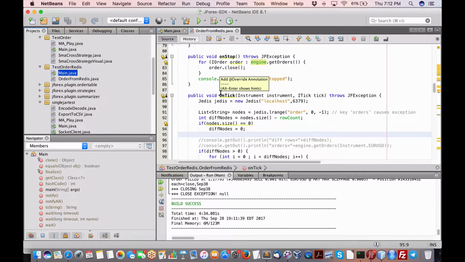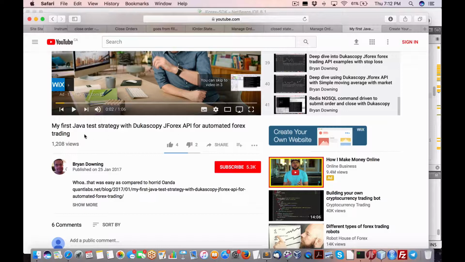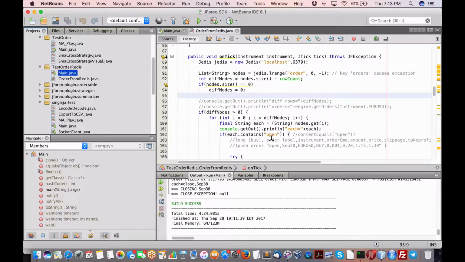Again, in OnTick, what we're doing here is I've shown you all this code about how to set up Redis and the different nodes. But there's some bugs I wanted to show you, so it's really important that you do watch this video before. Actually, this video here, the Redis NoSQL command driven to submit, order, close with Dukascopy, to understand what I'm talking about here. Okay, so